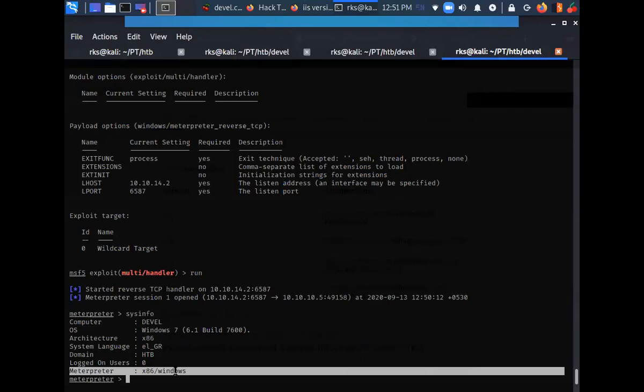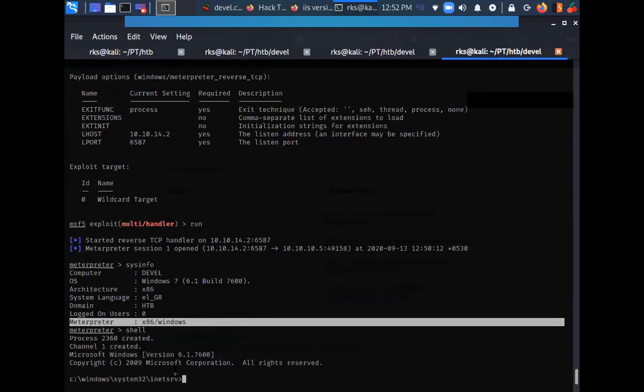Now I am provided with a Meterpreter session. I am going to convert this to a normal shell. Just type shell here. Now I have a Windows based shell because I am more comfortable working this way.